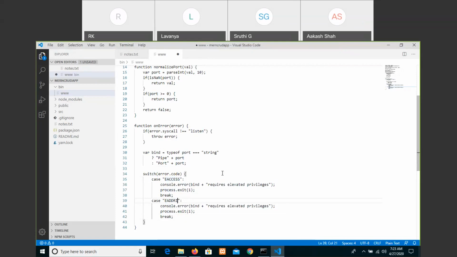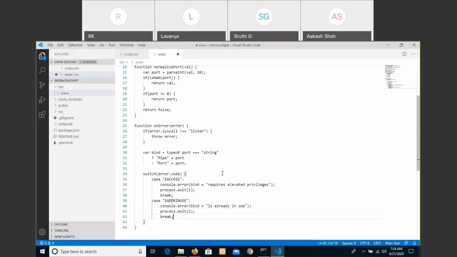EADDRINUSE, error: already in use, you can see.